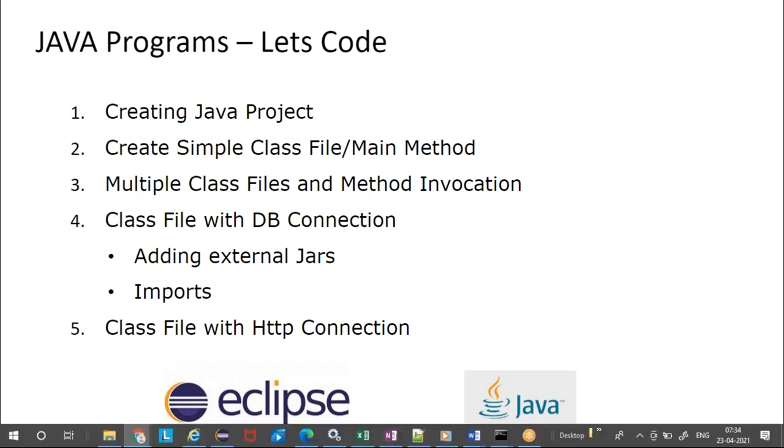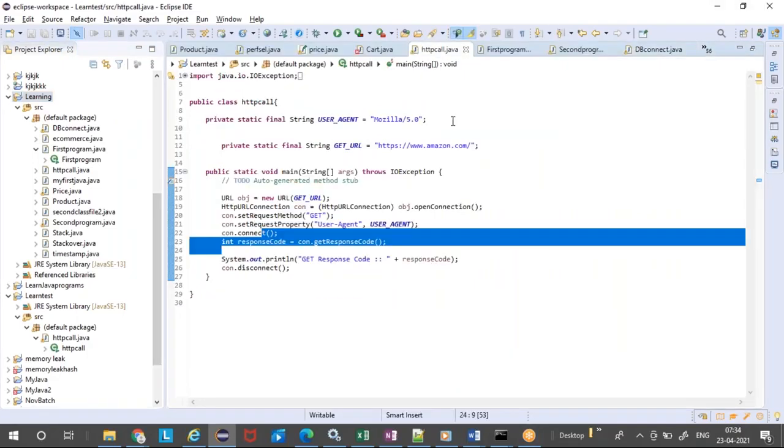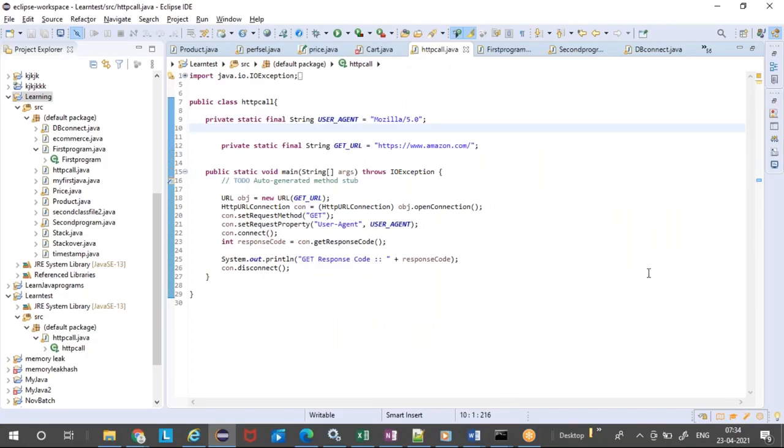Okay, and the way we are going to create this HTTP connection is, again, very simple. We will go to this HTTP call.java. Probably, even if you have seen Postman or JMeter or LoadRunner, when you wanted to do a custom request, or a web submit data, or web submit URL, whatever it is, right?